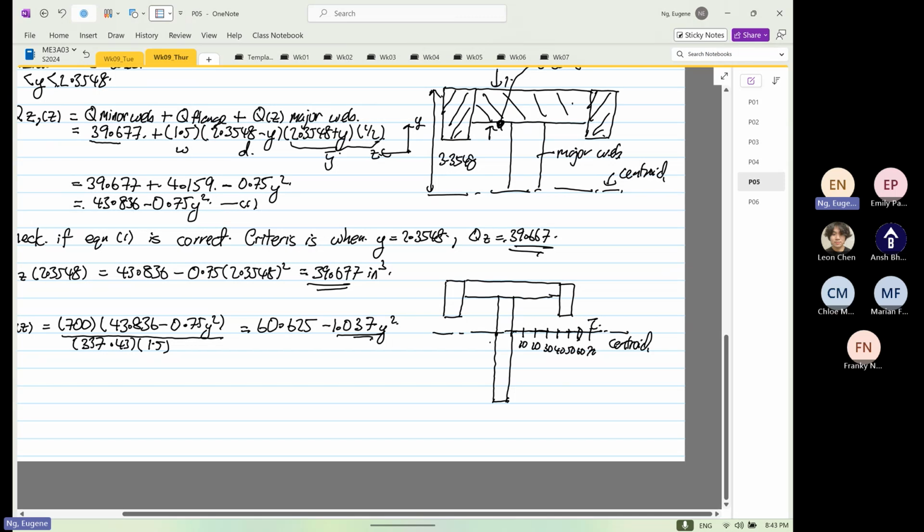And we know that the maximum is 60.625. Okay. And then when we substitute y, we're going to substitute